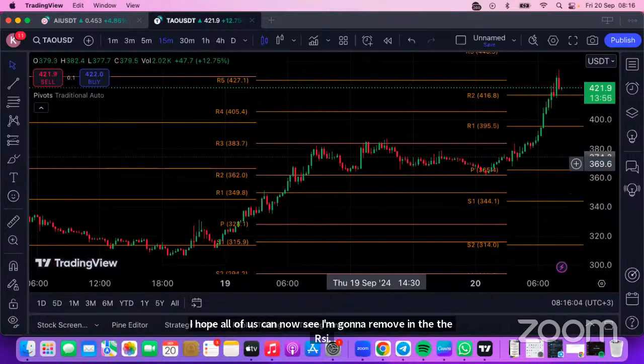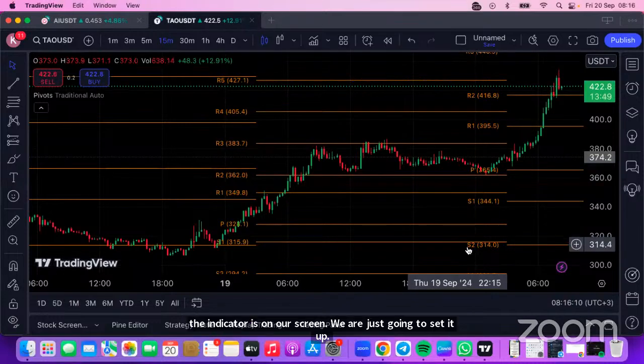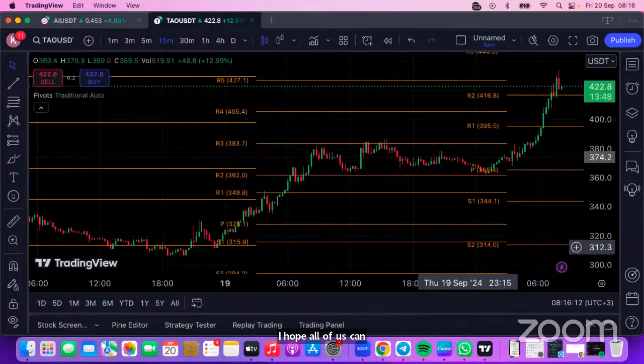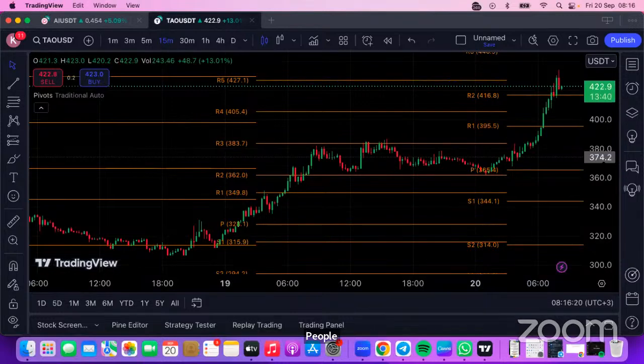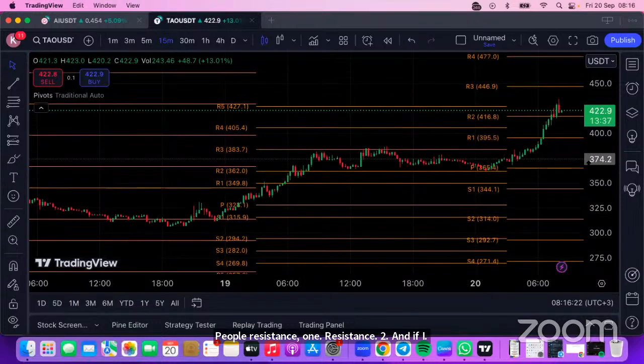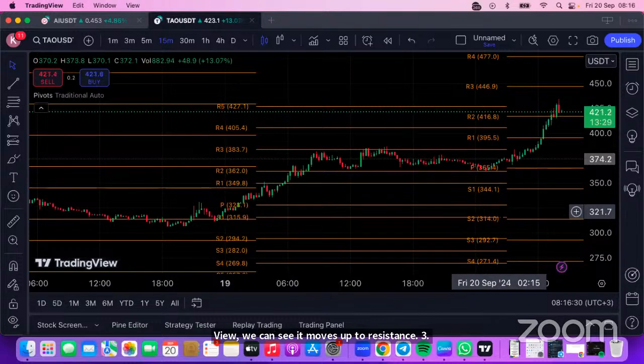Now, the indicator is on our screen. We are just going to set it up. I hope all of us can see the words support, support 2, support 1, pivot, resistance 1, resistance 2, and if I pull my screen to a better view, we can see it moves up to resistance 3. Now we are going to set up these lines so that we can get a clear